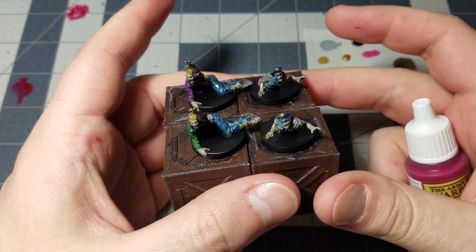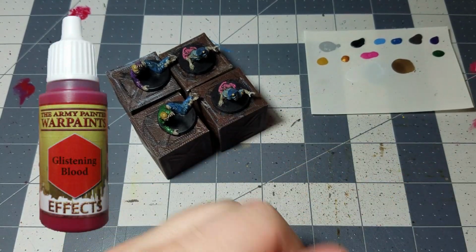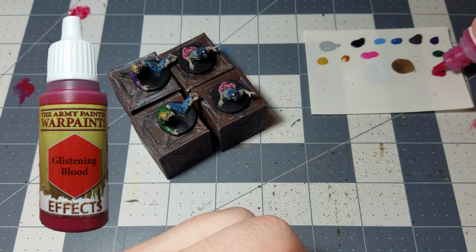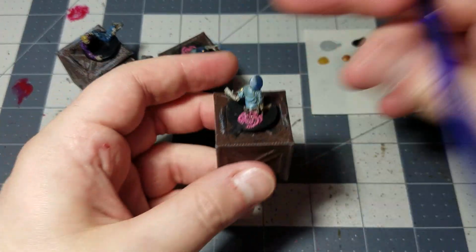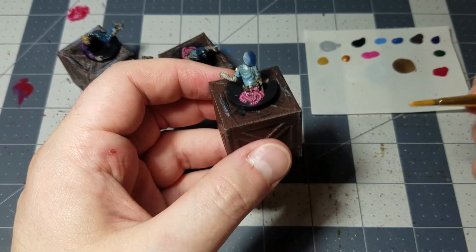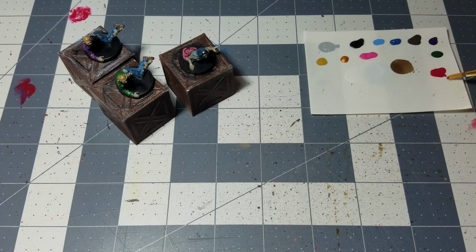All right, and I think that they are pretty much completely dry now, so why don't we just touch up with our glistening blood. That's just going to be what we use to add all of our little tiny blood effects here and there, and then we're going to be done. You can just do whatever comes naturally to you. What I will do is take out some big fat no-name brush here, and I'll take just a little bit of blood onto the tip of my brush, a little bit like that,